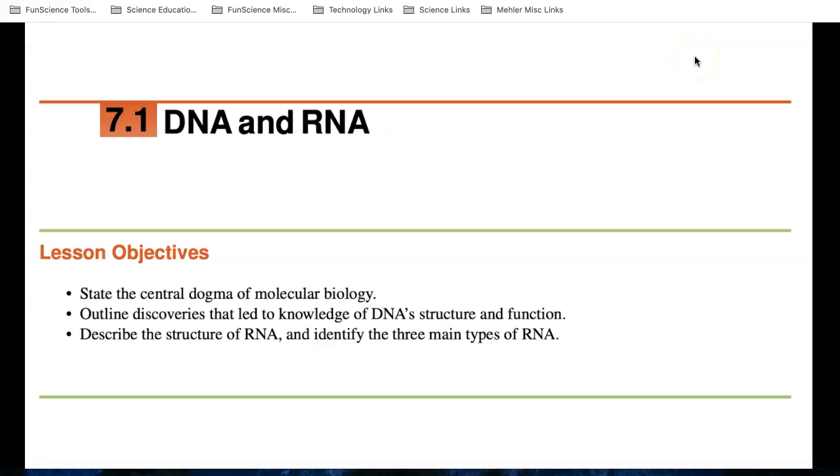So in our first section of Chapter 7, 7.1, we're going to be taking a look at DNA and RNA. First, we're going to look at what's called the central dogma of molecular biology. We're going to look at the discoveries that led to the knowledge of DNA structure and function. This happened in the middle of the 20th century, around the early 1950s, and it was a really, really huge discovery. And then finally, we're going to take a look at the structure of RNA and identify the three main